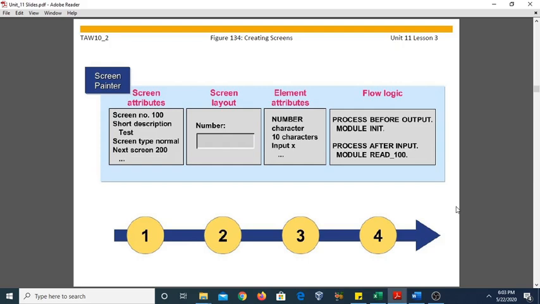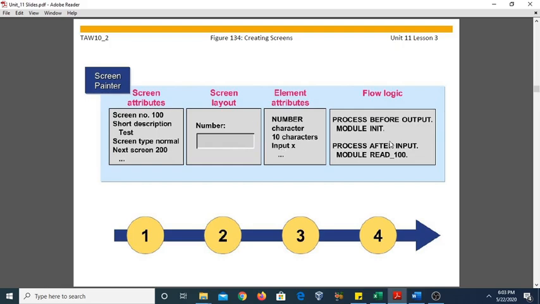You can see, for creating a particular screen, you can perform the following steps. The first step is to set the screen attributes of the particular screen. Second, design the screen layout in the layout editor. That means if you want to put some elements onto the screen, you can put your screen elements according to your choice, according to your application. Step number 3, you need to define the element attributes, that is, for the screen elements that you have applied on the screens, you can set the attributes there.